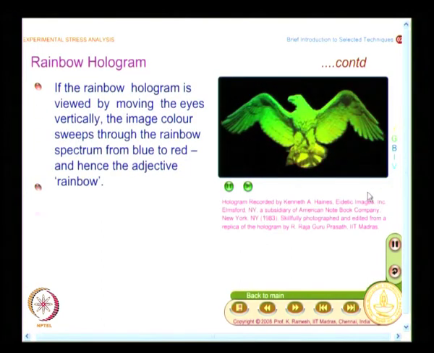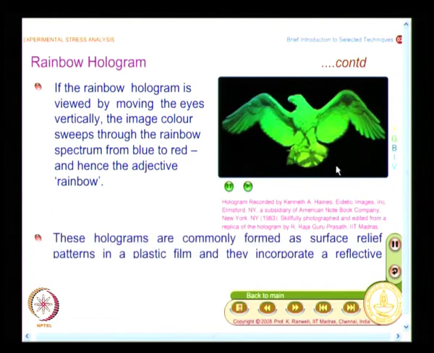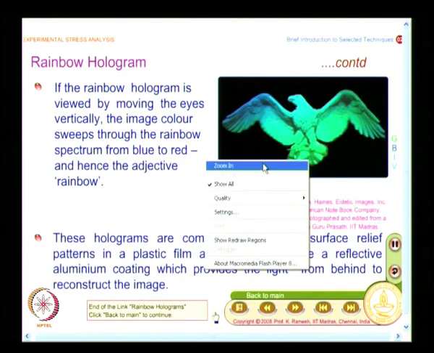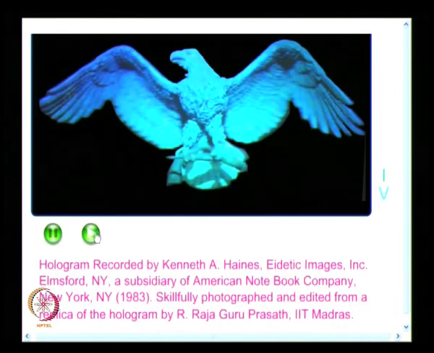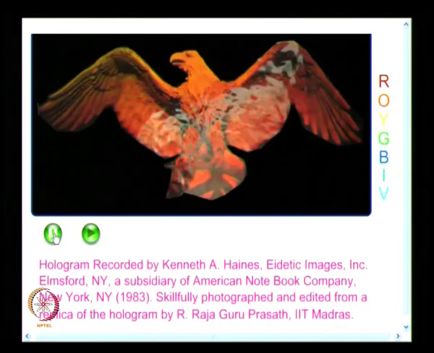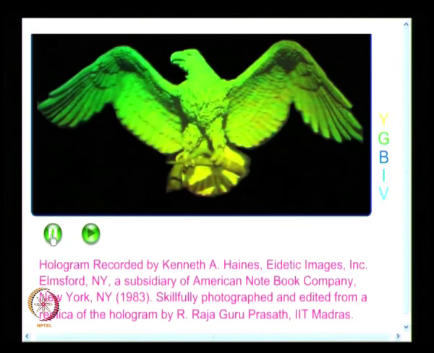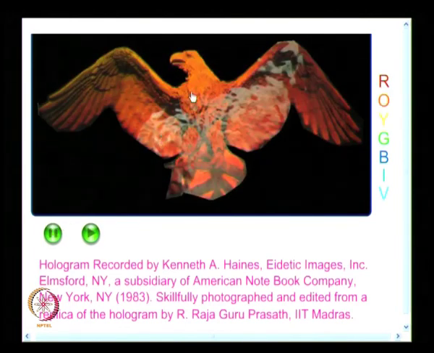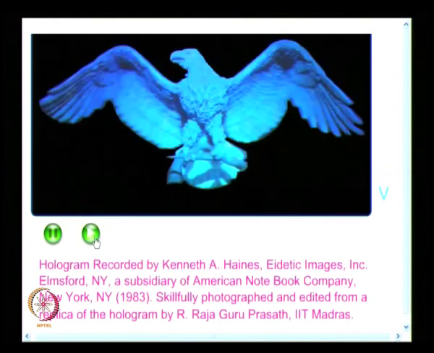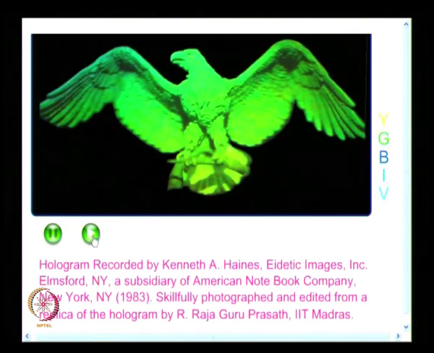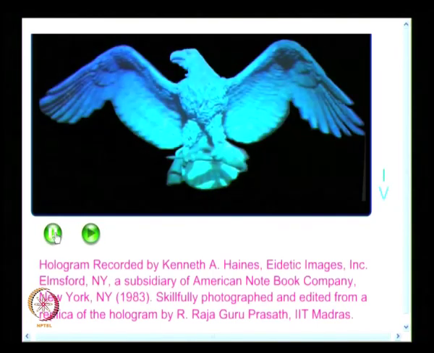So, I have this on the vertical movement. When I do it, I have a play of colors, and this is what you see. You could see the whole eagle as green. I will move further. You could see the whole eagle as red, and this is because of the aberrations. If the illumination is not all right, you do not see this comfortably. And so, what you see here is you are able to see different colors of the rainbow.